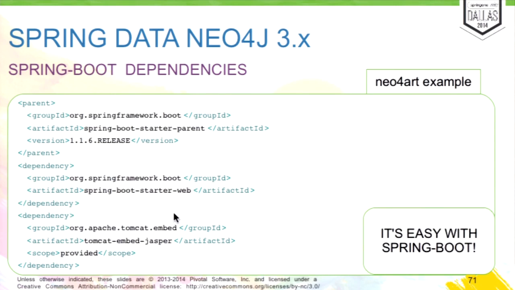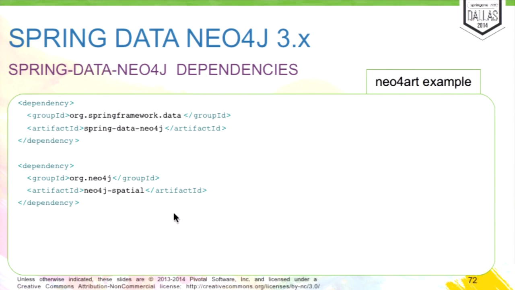for that. This is the configuration, the dependencies that we have to add to use Spring Boot. So we have, for example, to add the Spring Boot starter parent, which is actually in version 1.1.6. Then, since we have a web application, we need to add the dependency Spring Boot starter web, and then we embed a Tomcat instance in which the application will run.